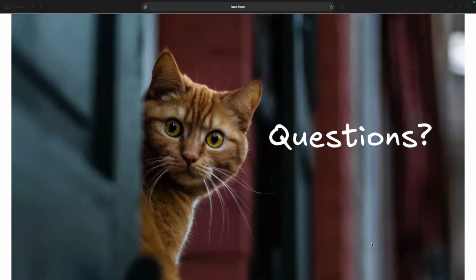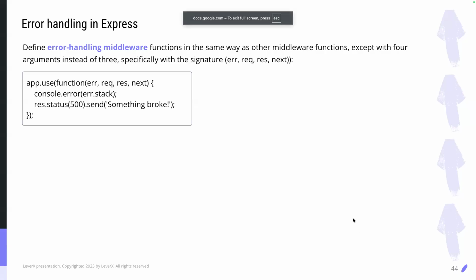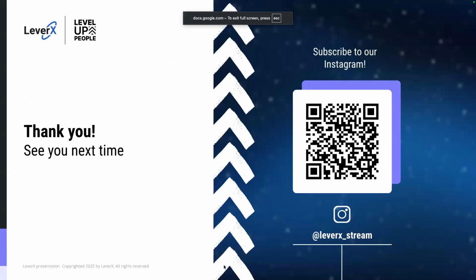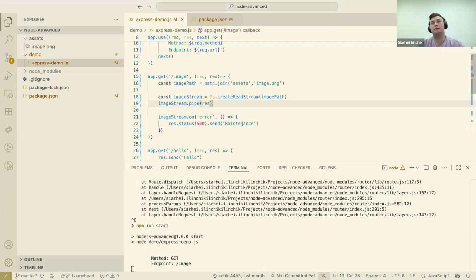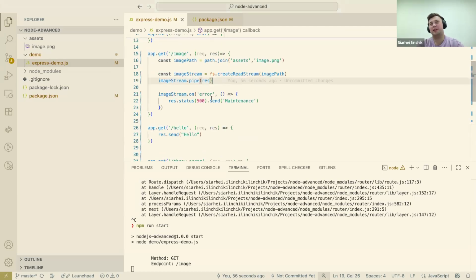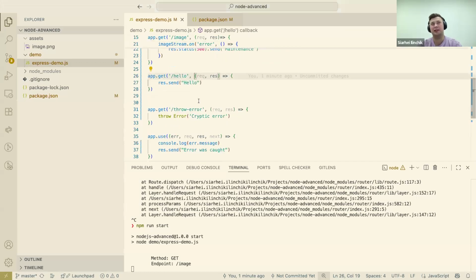You did not use the async await in your endpoints. Is that just for simplicity, or in real world applications we shouldn't use it? Yeah, actually, I do not have any asynchronous functions here, so I do not need to use async await. But